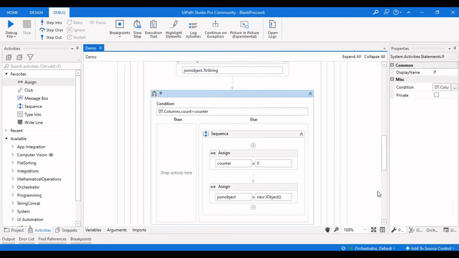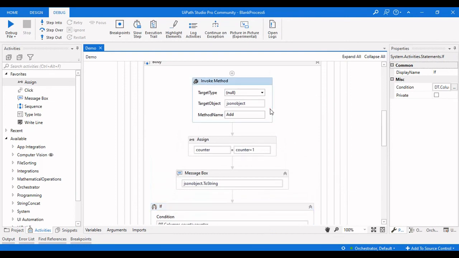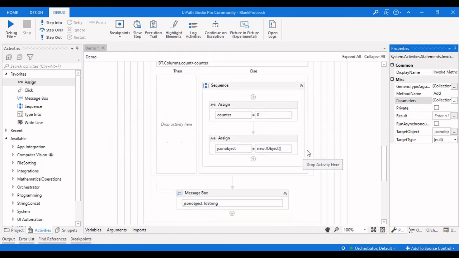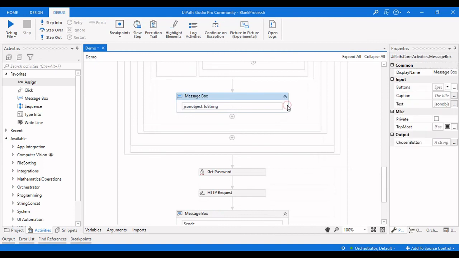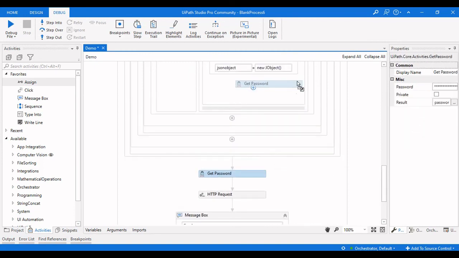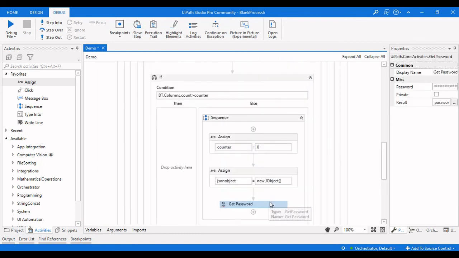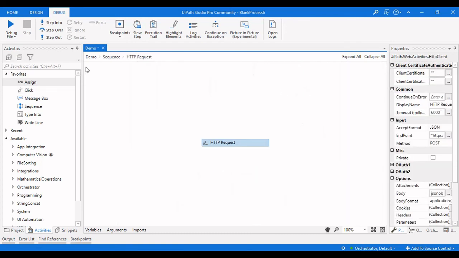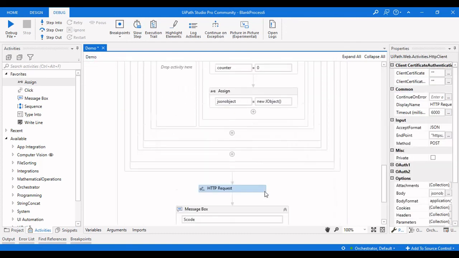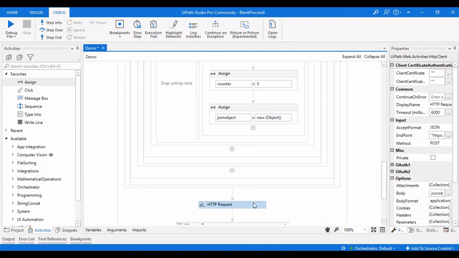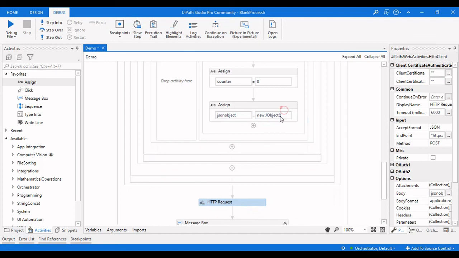Now the looping part is done. So this is how you actually assign the data from an Excel file to the JSON object. So we are done with the JSON object creation here. Now instead of making this here, we will move this here. Before doing it as a 0, we are going to upload this. So let me click on demo, and we are going to drag that in.